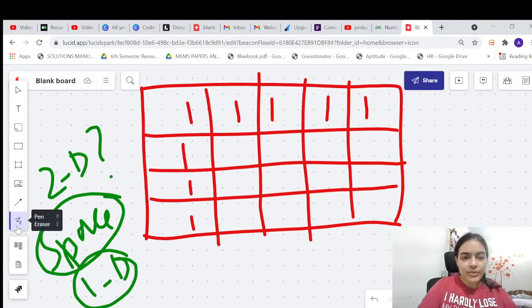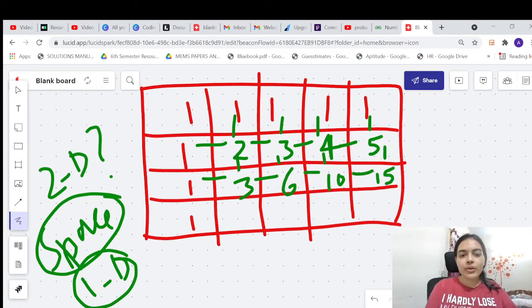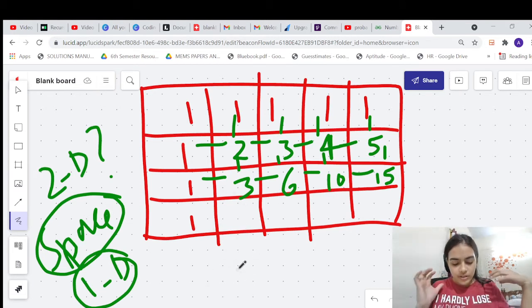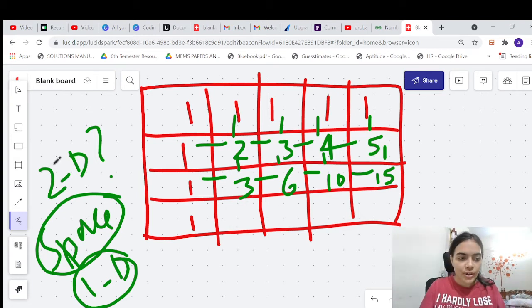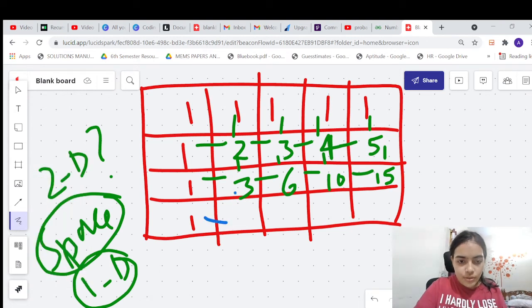I want you to make one observation. 1 plus 1 is 2, 2 plus 1 is 3, 3 plus 1 is 4, 4 plus 1 is 5. Now you are filling the next values. 1 plus 2 is 3, 3 plus 3 is 6, 6 plus 4 is 10, 10 plus 5 is 15. Now observe. When you want to fill the next cell, you're going to do the same thing. For finding a particular cell, you are looking at the cell above and the cell left. You are doing the simple thing. First let's try to understand and take the approach we were taking previously.